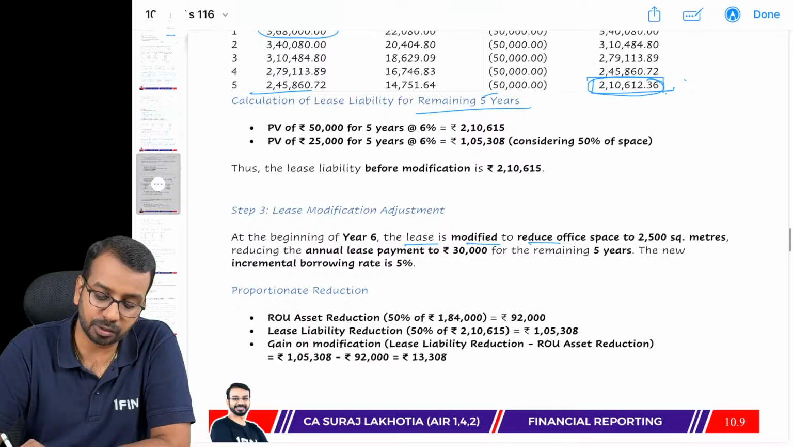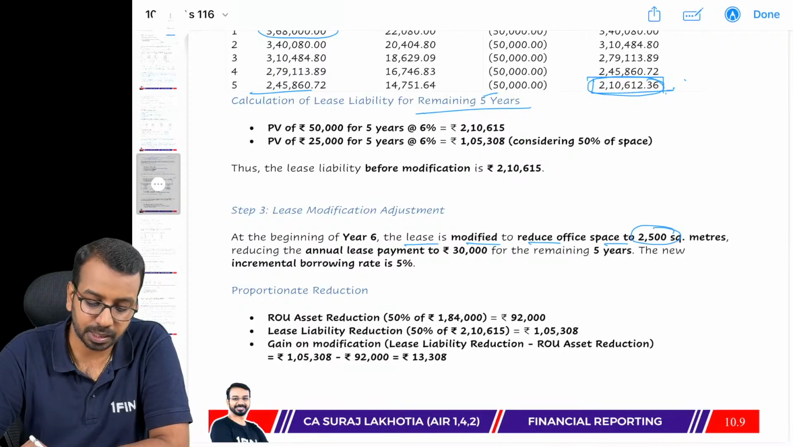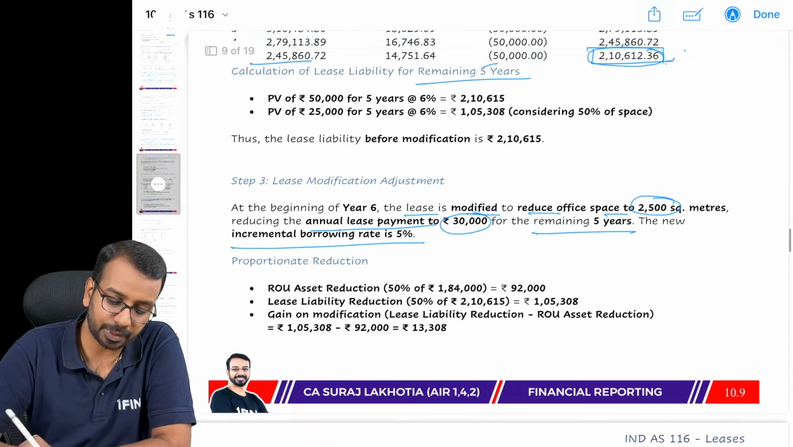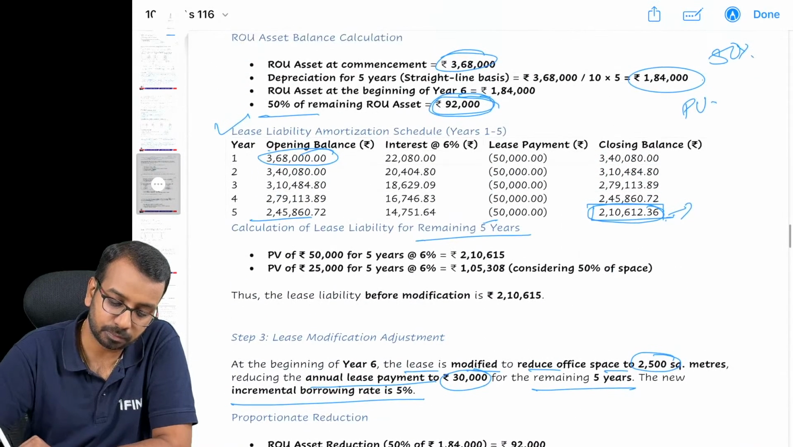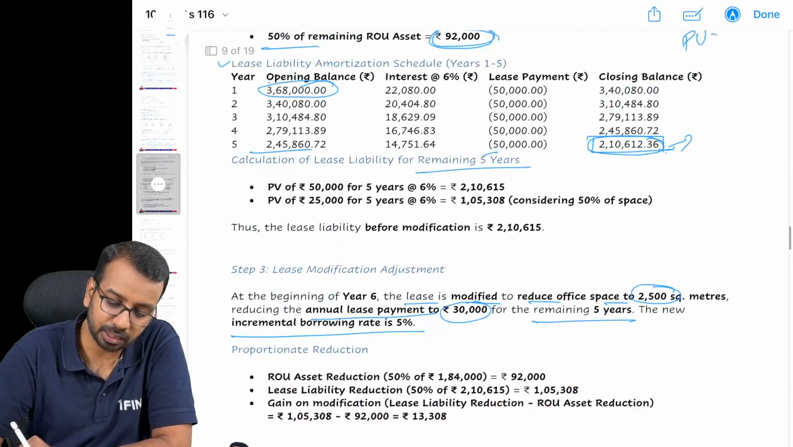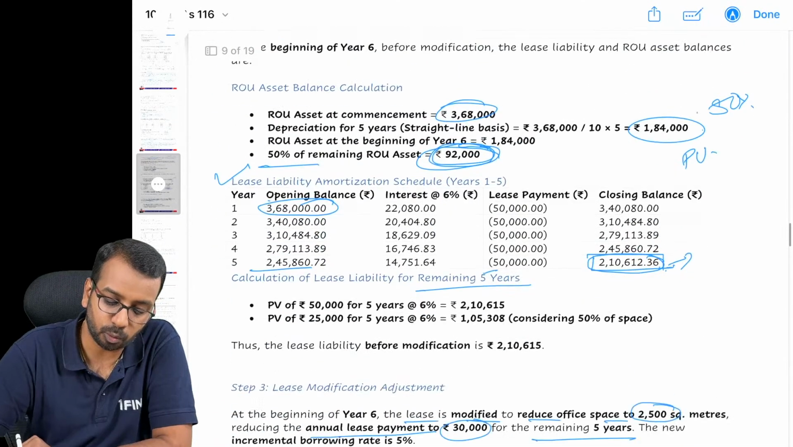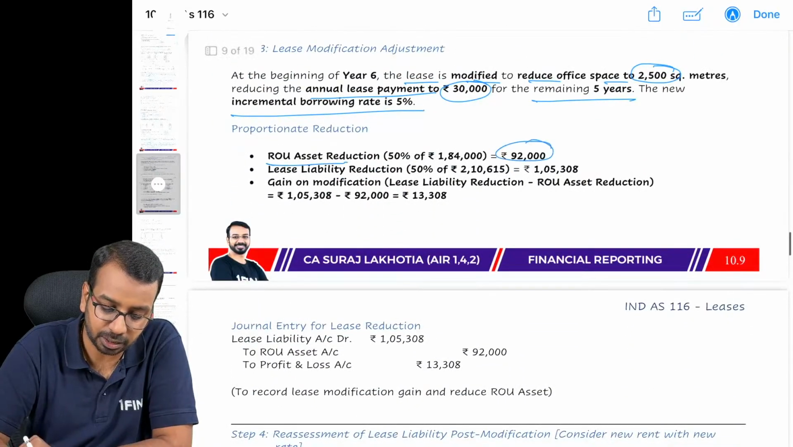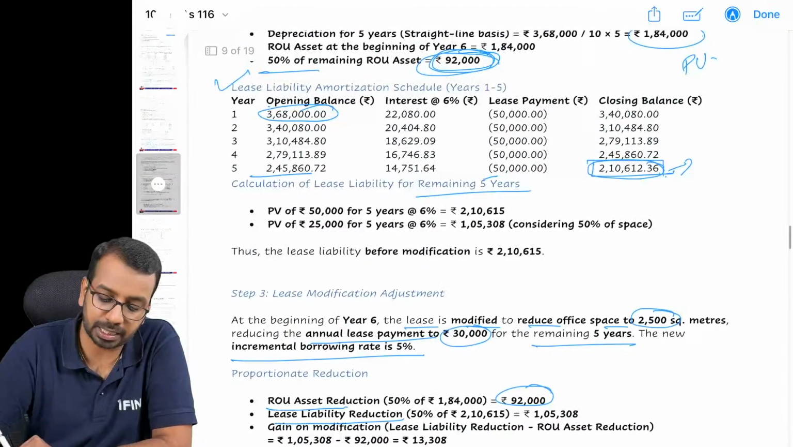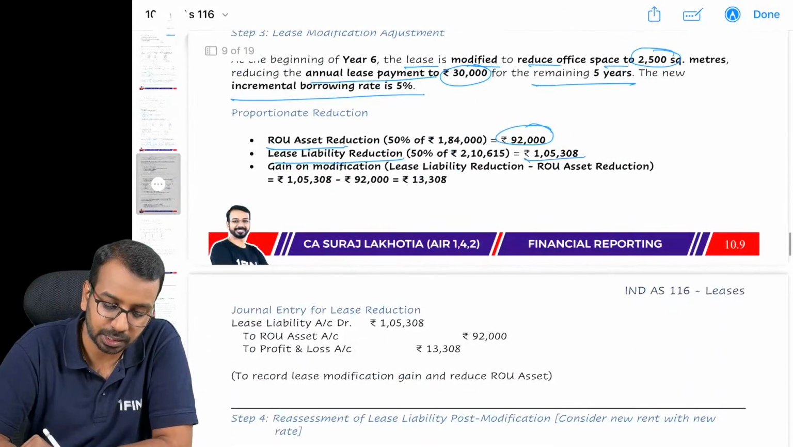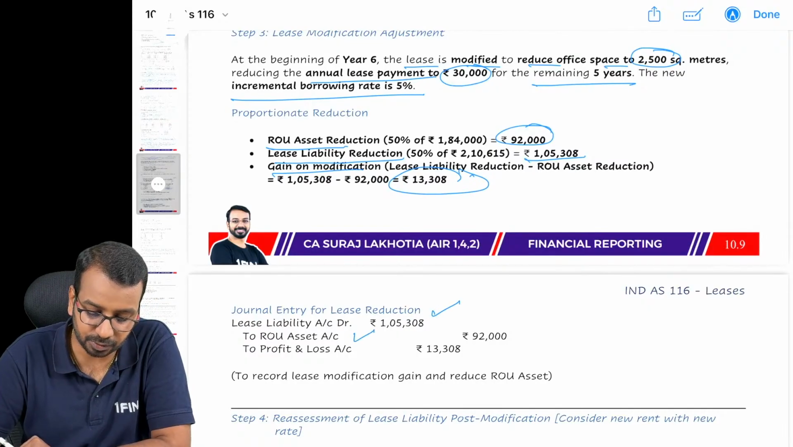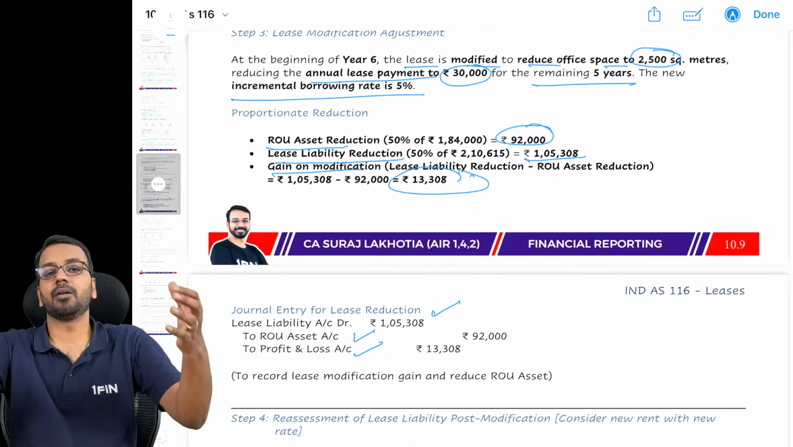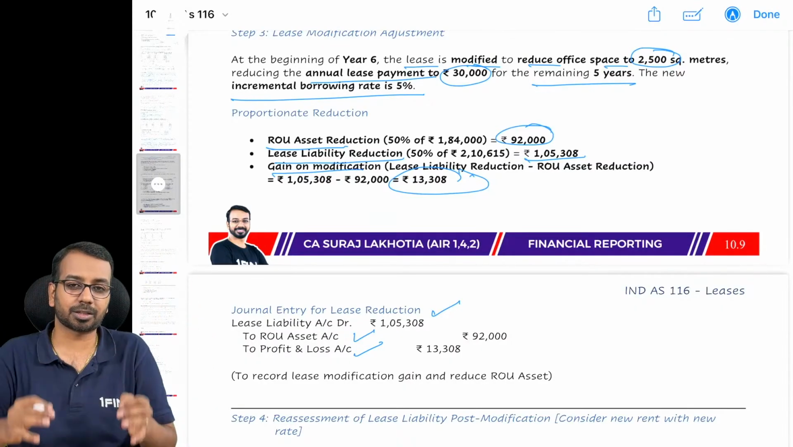Now the lease is modified to reduce the office space to 2,500 square meters. So lease payment will be 30,000 for the remaining 5 years. Rate is 5%. So what has happened? This 2,10,000 is the closing balance and right of use asset is now 92,000 from 1,84,000. So reduction of right of use asset 92,000, lease liability reduction proportionately half of it 1,05,000, and the difference will be treated as gain on modification. So debit lease liability, credit right of use asset, credit P&L. So firstly we have accounted for 50% reduction. Then